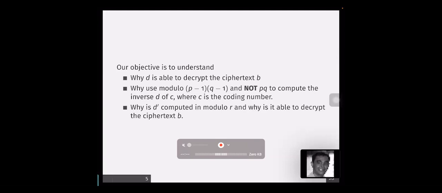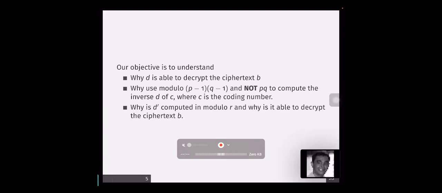For example, doing Shor's algorithm. But sometimes if you don't, that's why this session is optional. So if you take it by faith that RSA works without trying to understand it, that's also okay. But this one is really for those who are interested in knowing why it works. So our objective now is we need to understand why D is able to decrypt the ciphertext